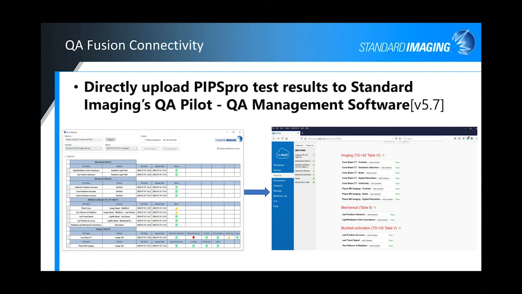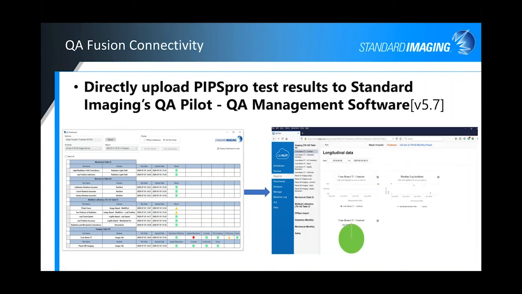And then in QA pilot, you will see these results like you see here, showing in this case your imaging CT, your contrast, your geometric distortion and noise, pass, fail, or caution for a given test here. But then you can even within QA pilot dig a little deeper and get some of the longitudinal data of your specific outputs and your specific results. So you have that functionality there as well for direct upload from PIPSpro and their test results into QA pilot,